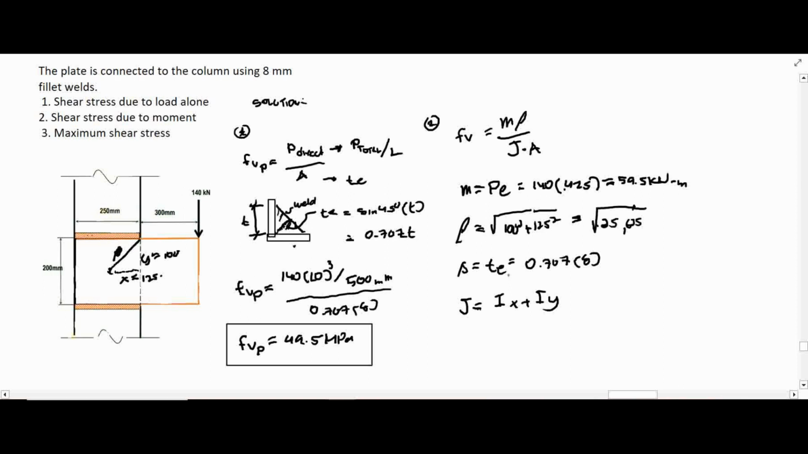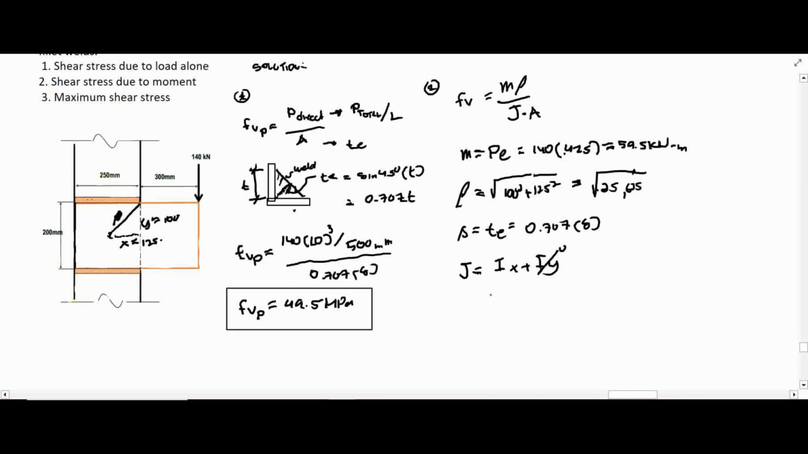Okay, so this will be 0 for this one. So what we have is the I sub x. So this will be j. Our j will be due to the relatively small width, so we will neglect the width and set it as 1, and what we will consider is the length. So that's L cubed over 12 plus